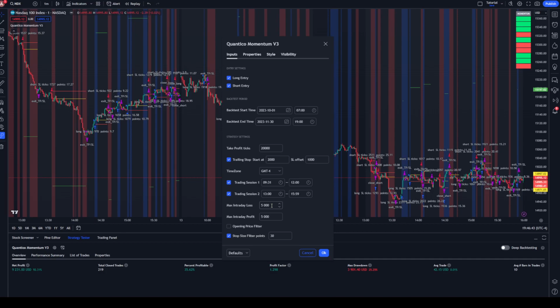Now, after that, you're going to go to stop size filter points. This part is super important. With this filter, the indicator will not show you a trade if it's more than 30 or however many points you want. So, if you don't want a lot of risk, we can change it to 10 and look at the net profit on the bottom left change. Now that it's at 10,